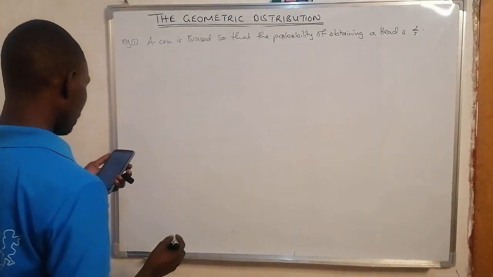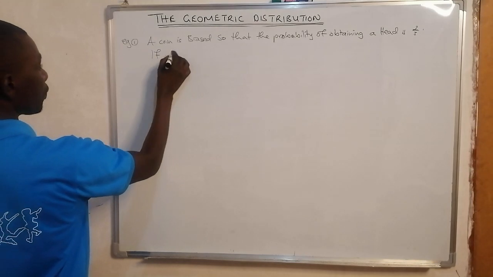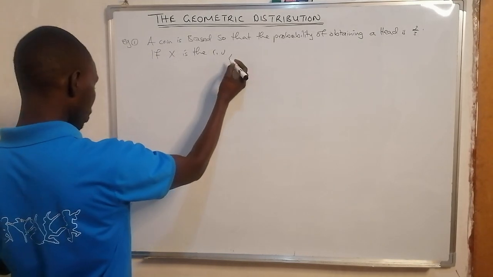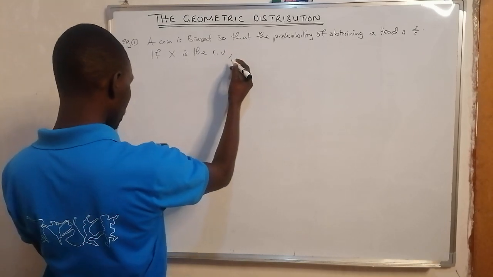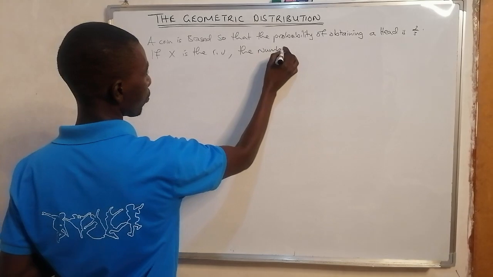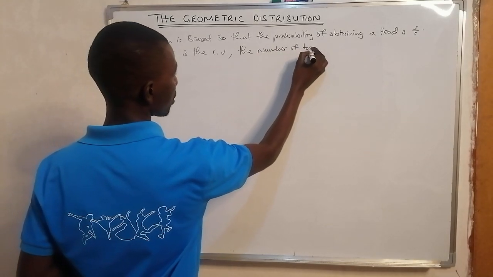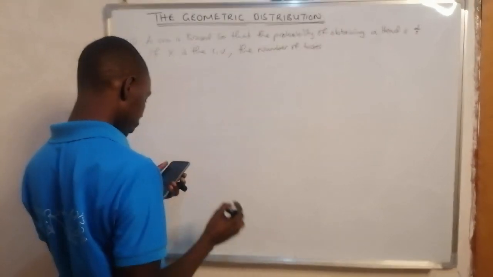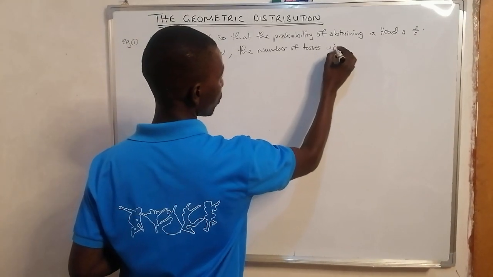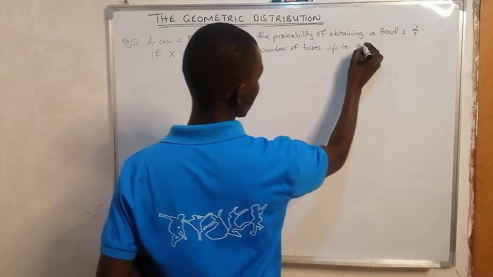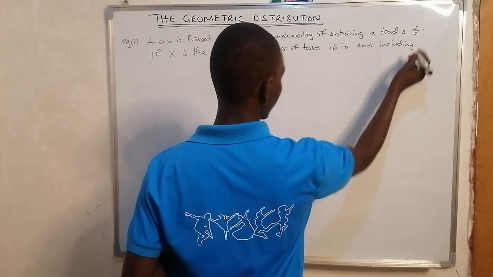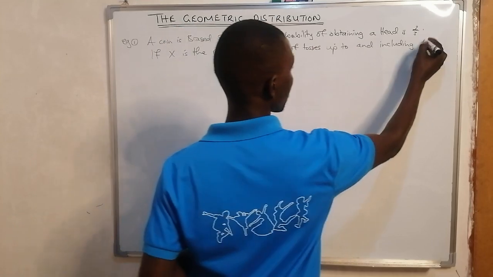If x is the random variable, the number of tosses including the first up to and including the first head,